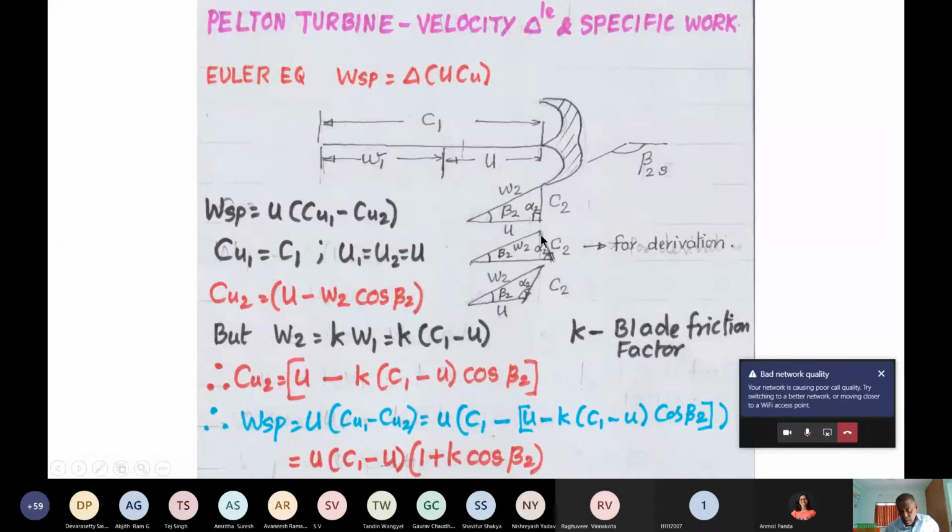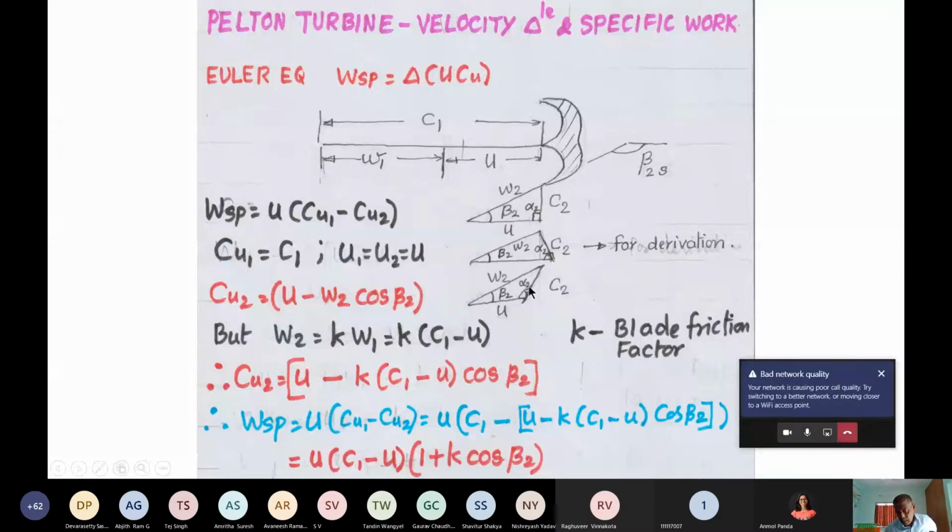In the other two cases, in one, C2 will have a Cu component in the direction of motion, so there will be a small reduction in the power transfer. In the other, C2 will have a component Cu2 in a direction opposite to the motion, so it will appear that it adds to the energy transfer,